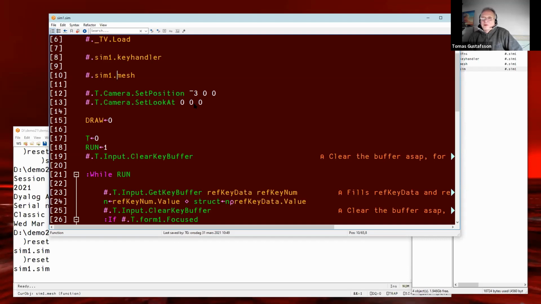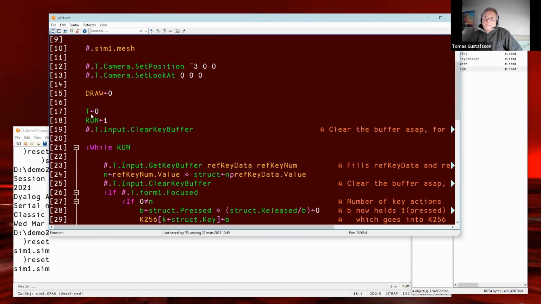And I set it to look at 0, 0, 0. That's the world origin. And that's where I'm going to place the triangle, at 0, 0, 0. So I have the camera offset like 3 meters behind my back, and I'm going to place the triangle where I sit now.